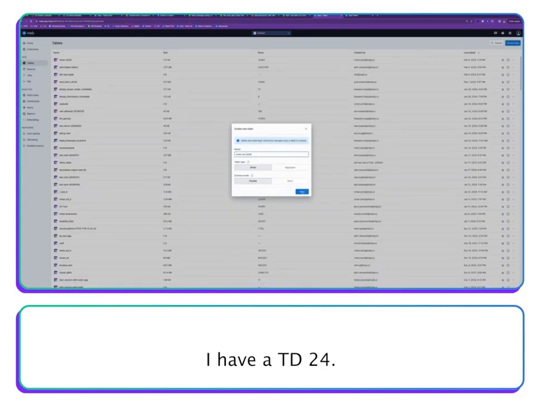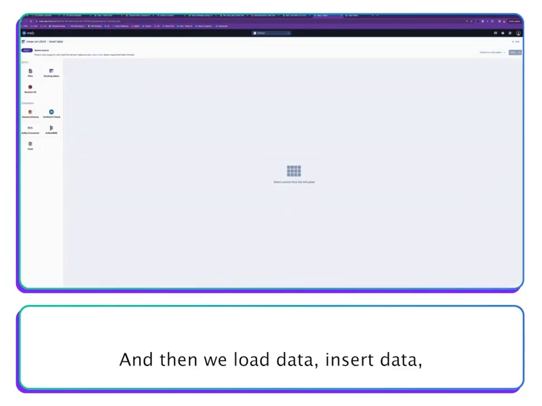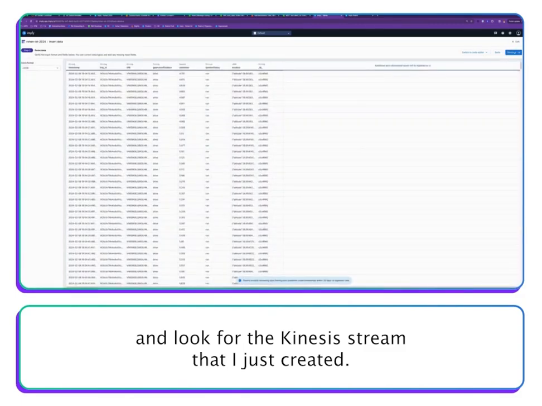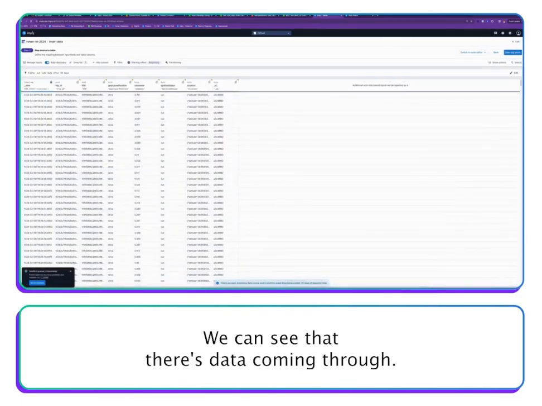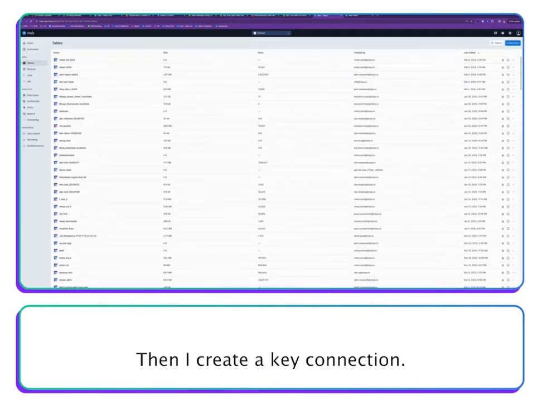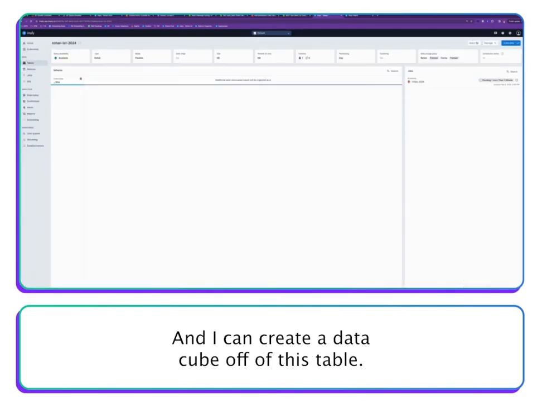After creating this connection, I'm going to make a table. I have a TD24, and then we load data, insert data, and look for the Kinesis stream that I just created. We can see that there's data coming through, so we press continue to start ingestion. Then I create a key connection, and I can create a data cube off of this table once some data